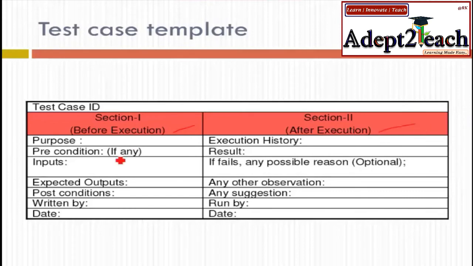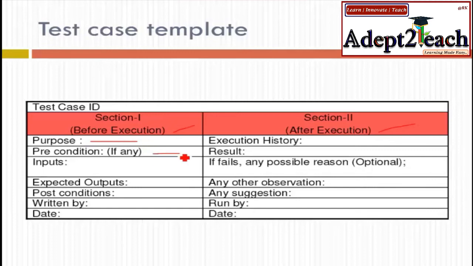So before the execution, you have to give a one-liner on what is the purpose of testing. Why are you testing the login screen? Your intention is to check that when the username and password are correct, you are able to go to the home screen. If either the username or password is incorrect, the system should go back to the original screen. If the password entered is incorrect 3 times, the account should be locked for 24 hours. This is the purpose of testing.